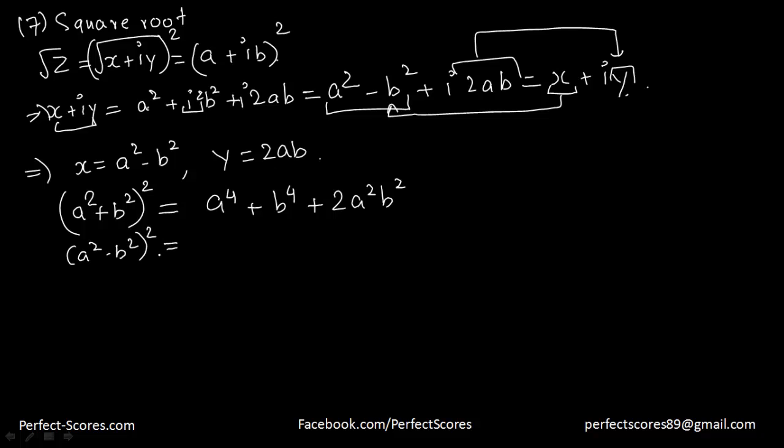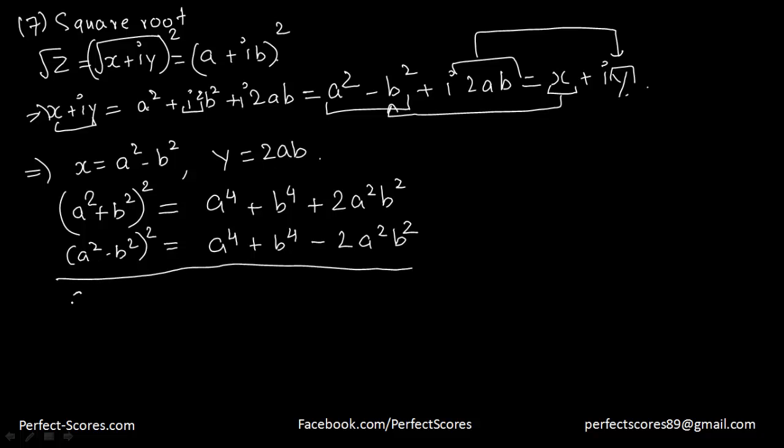So (a² − b²)² is going to be a⁴ + b⁴ − 2a²b², right? So how do I get a² + b² in terms of a² − b²? Using this expression, I can say that (a² + b²)² and (a² − b²)²